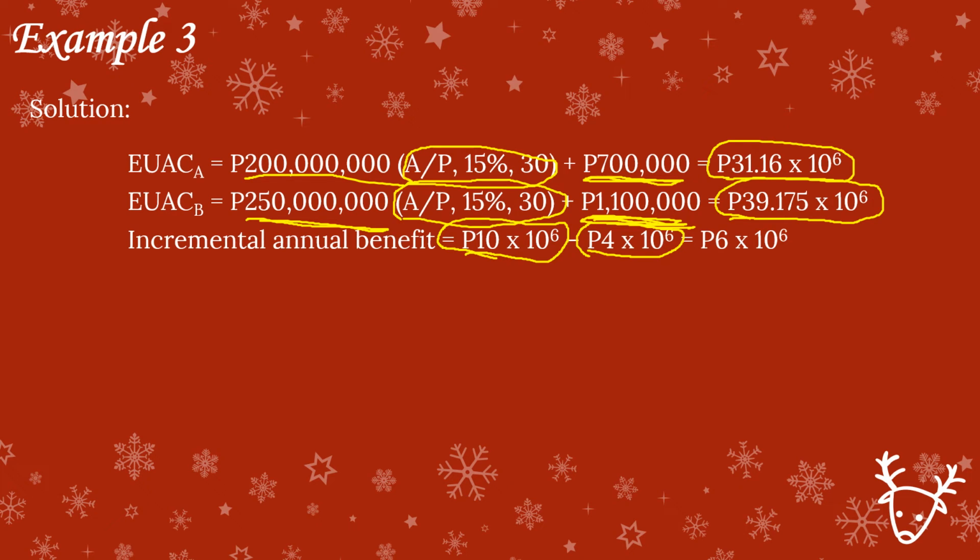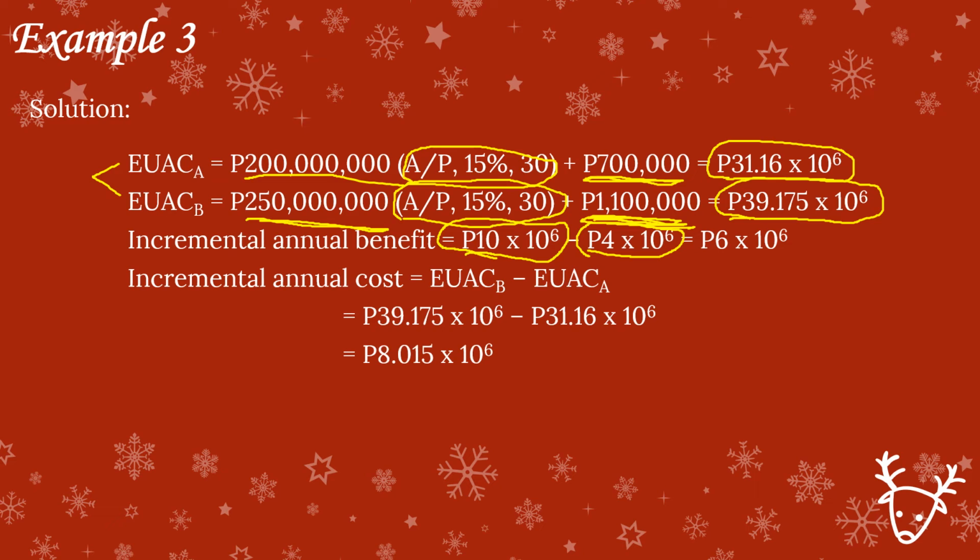But its travel time is shorter. On the other hand, route B, rather A, is cheaper in everything but its benefit is higher. So we have to get the ratio of the benefit and the cost. So here is the incremental annual cost, we just subtract the two. Okay, therefore we have this value, 8.015 million. So we will divide this one and its incremental annual benefit to get the benefit cost